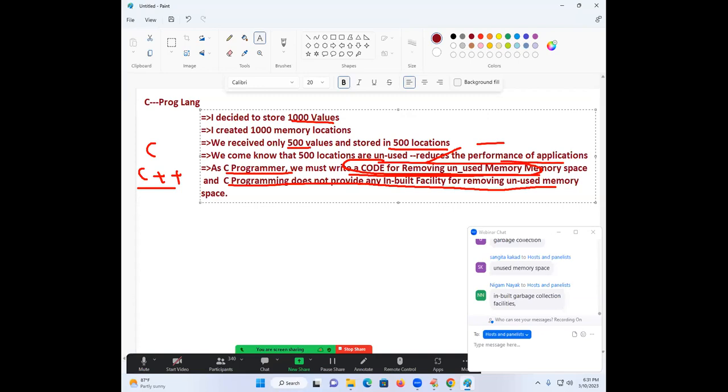Performance problem started. As a C programmer, we must, hello, stand up once, stand up first, go out. You also, same?